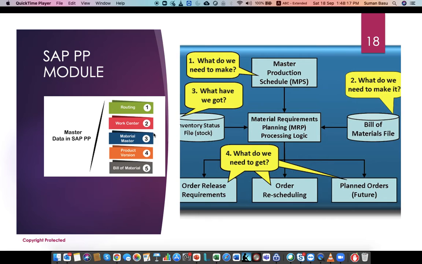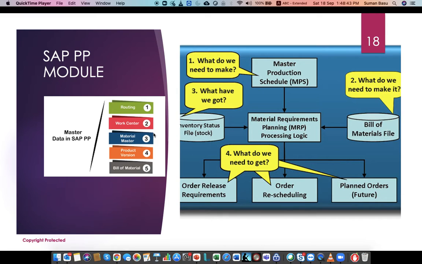And inside SAP we write a particular routing table and the product version whereby we design which particular raw material is connected to which semi-finished and which finished product. So the table or the calculation which will tell us which raw material, how much quantity, is required to make a finished good is the fifth master data, which is called bill of material.